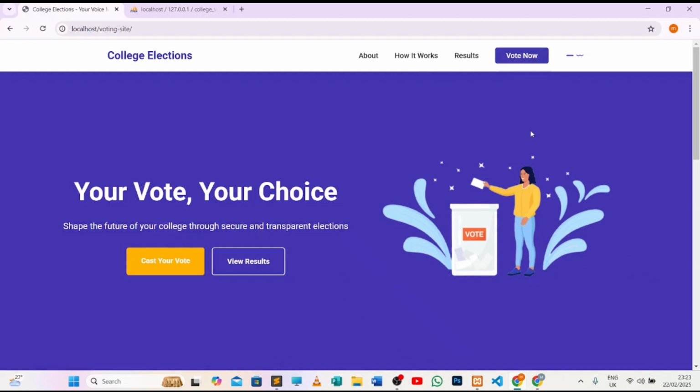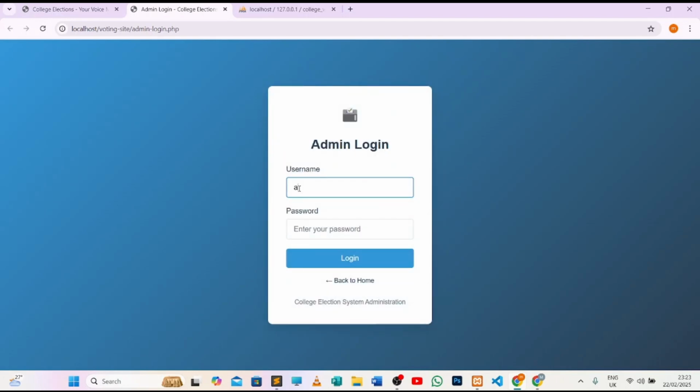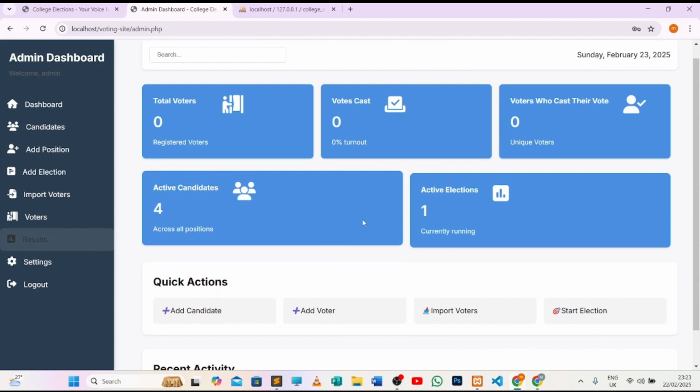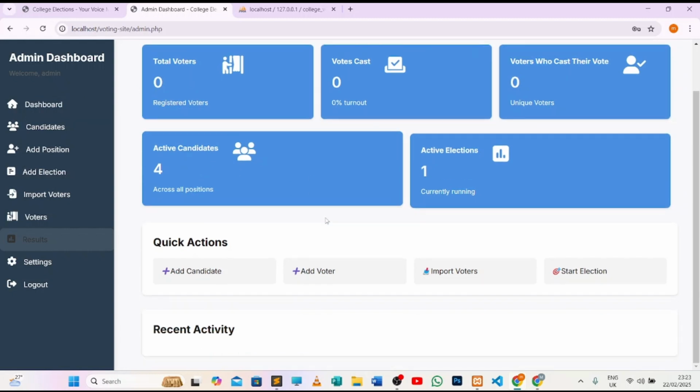Let's go to the admin side right now. Currently we don't have any voters, so we can go to the admin site. Let me log in for you to see the features that we have. All right, so currently we don't have any voters and we have only four active candidates that have already been input